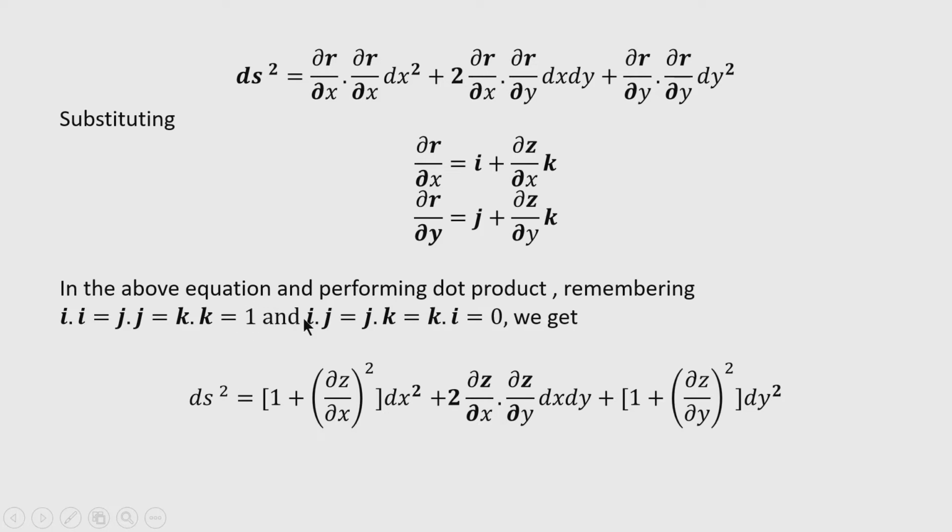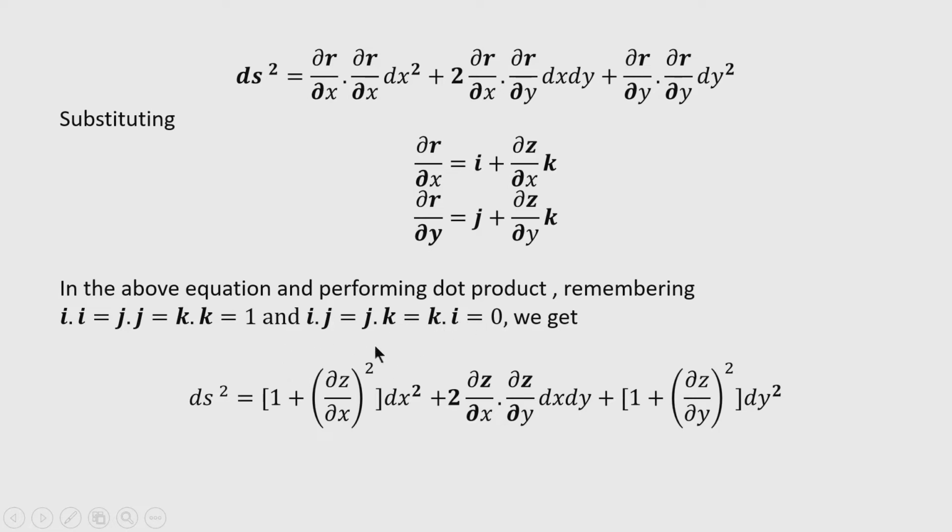Now, when we carry out the dot product of I and j vector, so I dot j. Now, what is this? I vector is along the x axis and j vector is along the y axis. So, angle between them is 90 degree. So, by definition of dot product, the magnitudes of the two vectors will be there and then cosine of the angle between the two vectors. Now, cos 90 is 0. So, therefore, I dot j is 0. Similarly, j dot k and k dot I equal to 0.